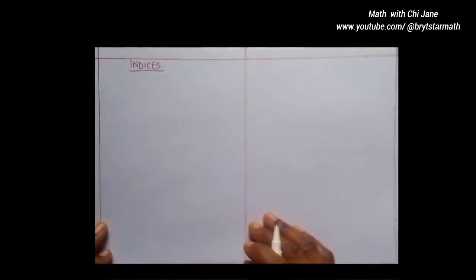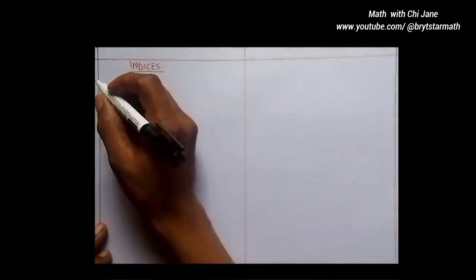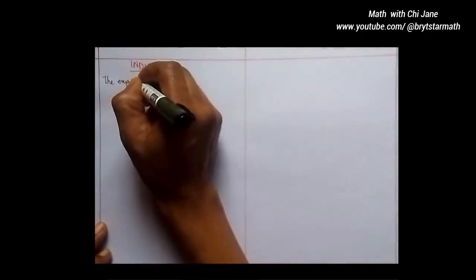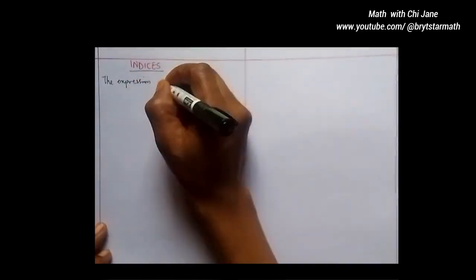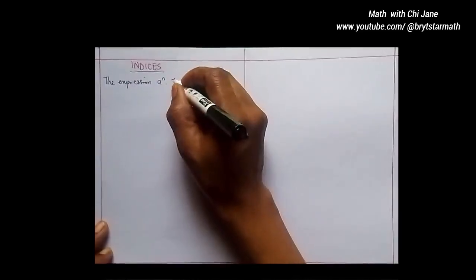In our lesson today we'll be talking about indices. Now, indices is a short form of writing numbers. Let's say, for example, we have the expression a raised to the power of n. What this means is the number of times